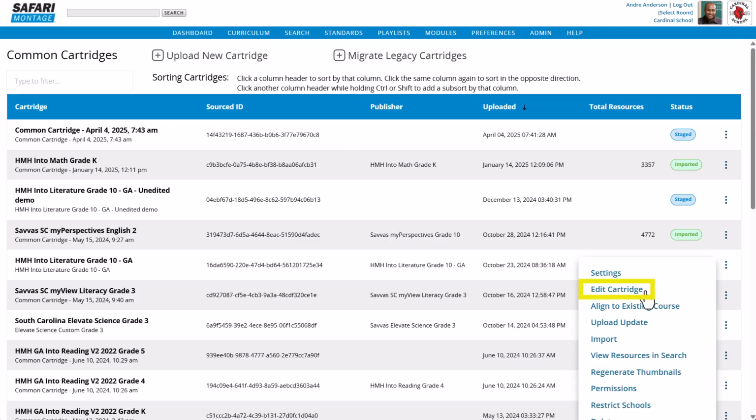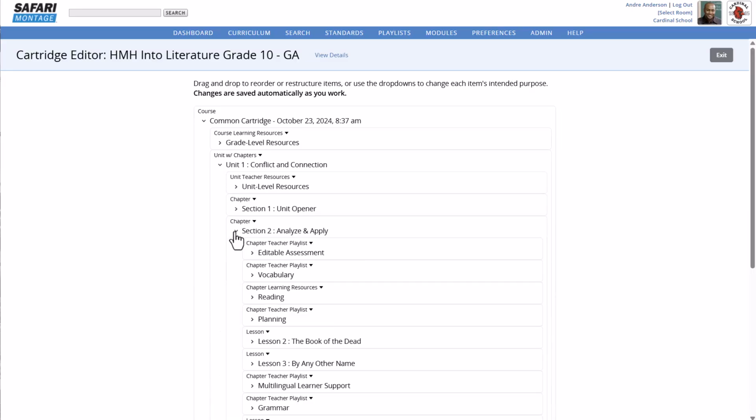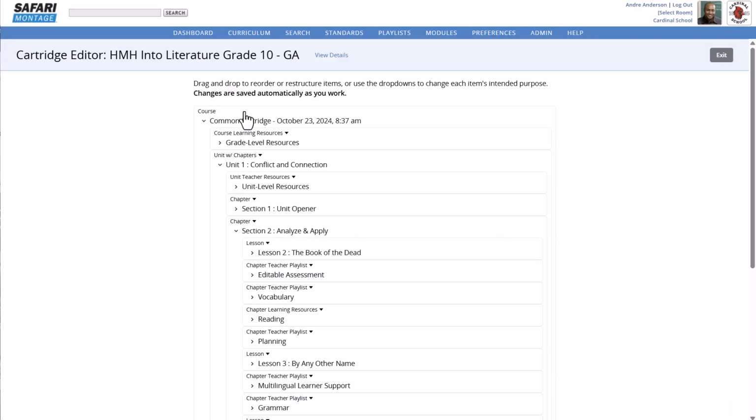Before importing the cartridge, the TCC editor provides a number of options to refine the publisher's cartridge content. Curriculum developers can designate playlists, resequence folders, and relabel content and hierarchical folders to ensure a logical flow, making the materials more accessible and useful